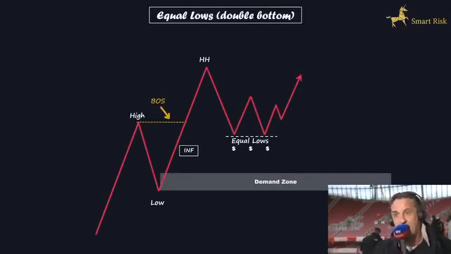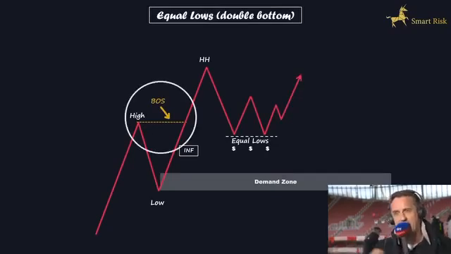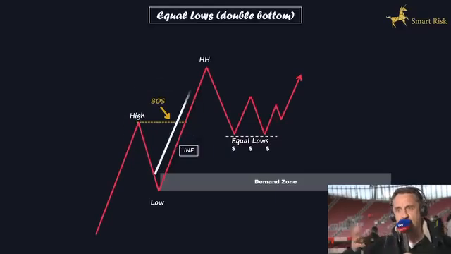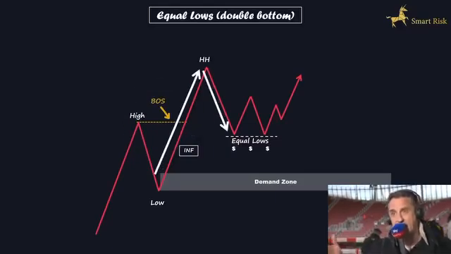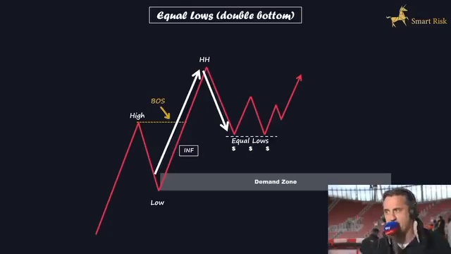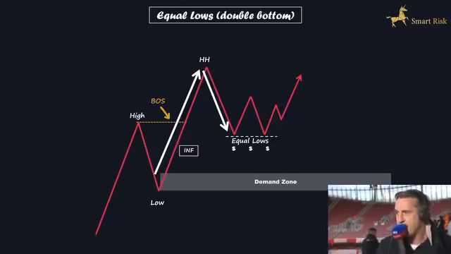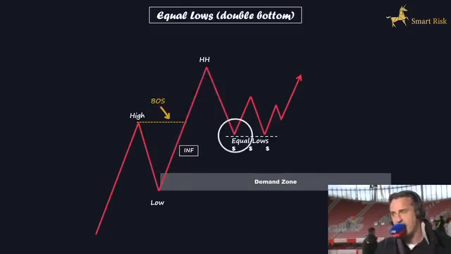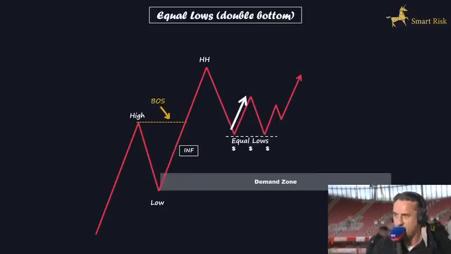Imagine we have a structure like this. Price created a bullish break of structure, pushed upside and then retraced back down, failing to reach the demand zone generated by the P.O.I wave. Instead, the price formed an internal low. It attempted another push upward, but the bullish momentum was insufficient to break the recent major high. Subsequently, the price experienced another pullback and couldn't break the recent internal low, resulting in the formation of a double